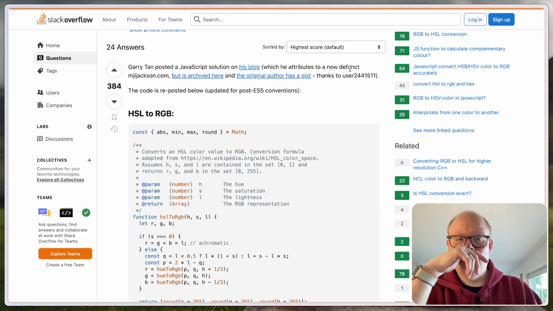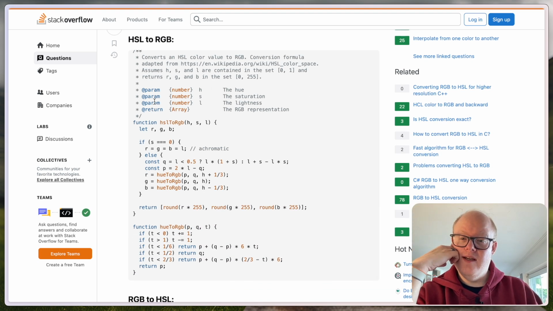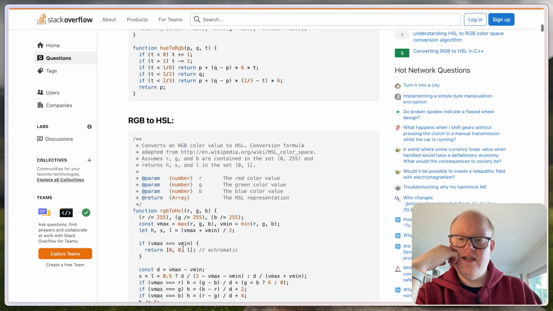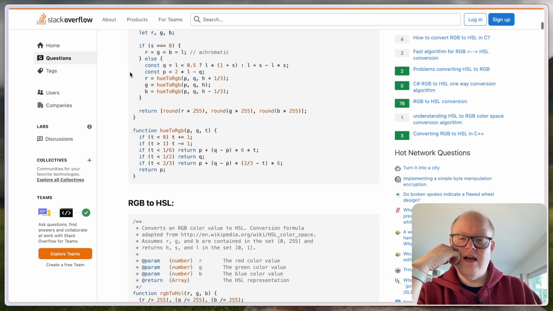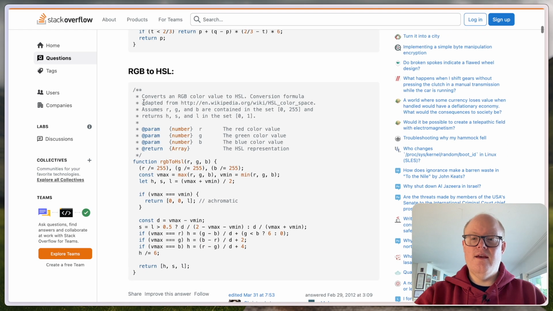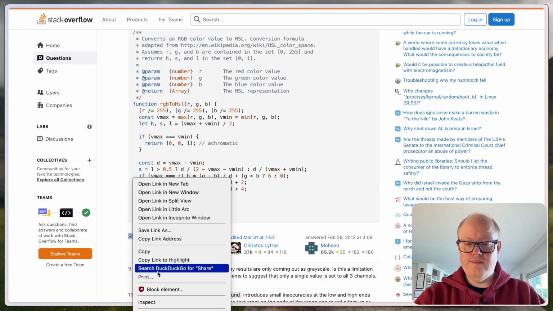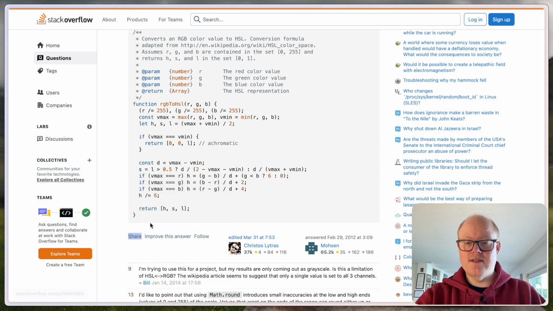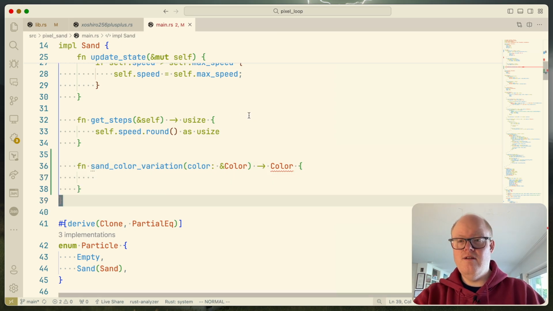Posted a JavaScript solution, his blog, and so on. Yeah, we kind of need something like that, and then we can implement that HSL to RGB. And here is something like hue to RGB, and then we need RGB to HSL. Yeah, perfect. Wait, HSL to RGB. Yeah, we need this one. Where is the share? Copy link address. So let's first of all put that in there, and let's create, I guess, in our color thingy, some